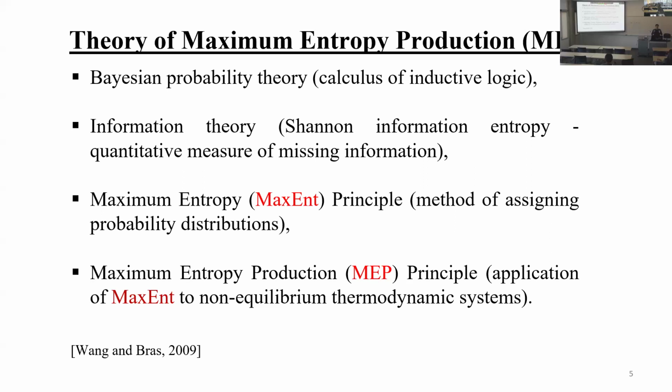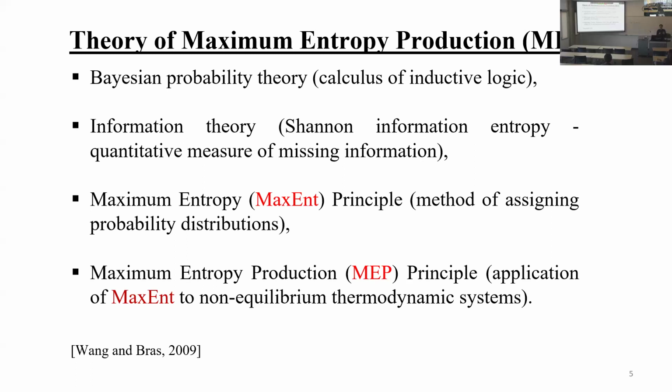We want to do a statistical analysis. But again, at least I want to describe what the theory is about, so what components the theory has. It's based on so-called Bayesian probability theory. You may have heard of it, you may not, but it is the so-called calculus of inductive logic. When we do logical reasoning, there are 2 types. We do deductive, that's what we're very familiar with. To do derivation, it's deductive logic. And inductive logic is based on limited knowledge, to make a guess about the proposition that we study,